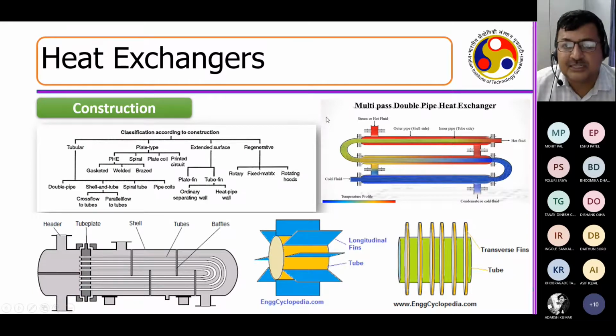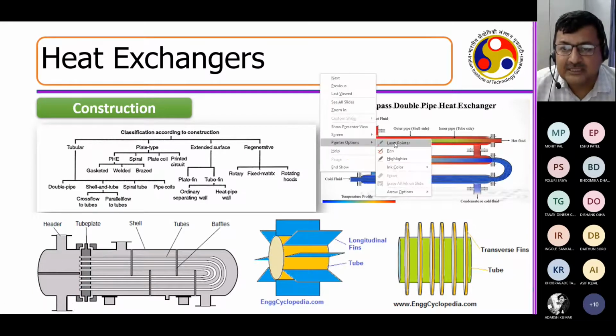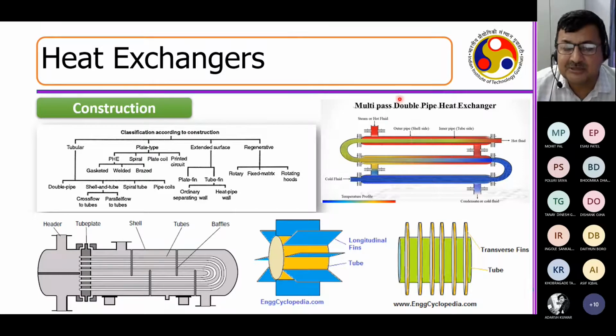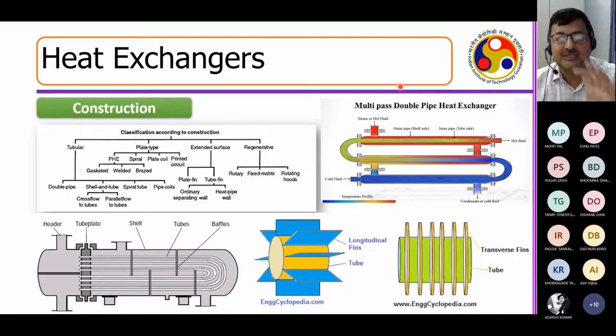Let us focus first on this particular aspect. This slide is very important, because it will give you an idea of three main heat exchangers: a double pipe heat exchanger, a shell and tube heat exchanger, and a fin tube heat exchanger. Right now, since you have the entire knowledge of heat transfer, you will be able to appreciate why this evolution is going on from double pipe to shell and tube to fin tube. I also showed this slide at the beginning of the course, but now you will be able to appreciate it in a much better manner.